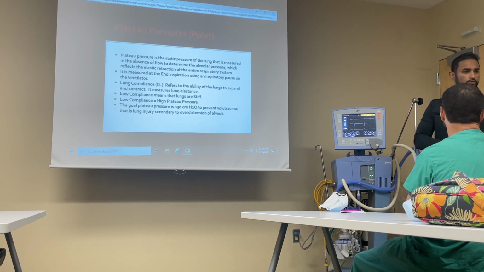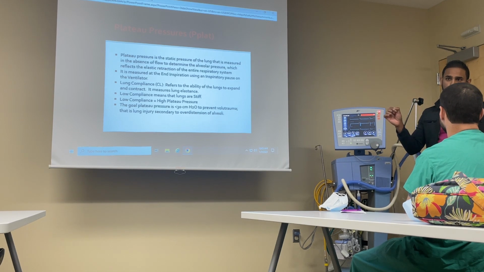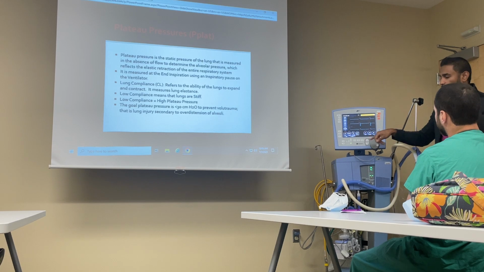Why do I need to know the internal pressure of my lungs? So that you can adjust your peak and your movement. Exactly. And also, high pressure means lungs are getting stiffer, because of a high plateau pressure of greater than 30. When you put an inspiratory hold, which I'll show you in a second, if it's reading